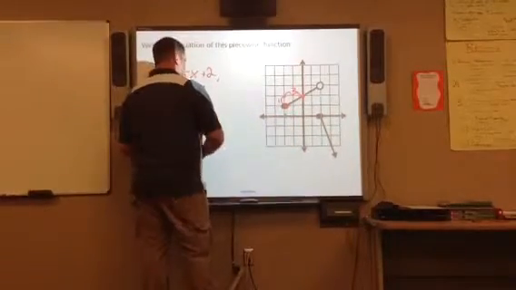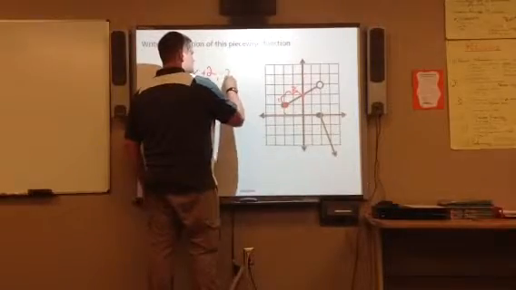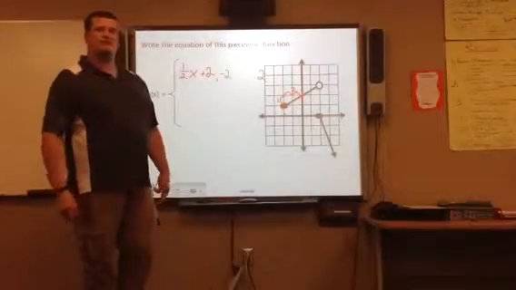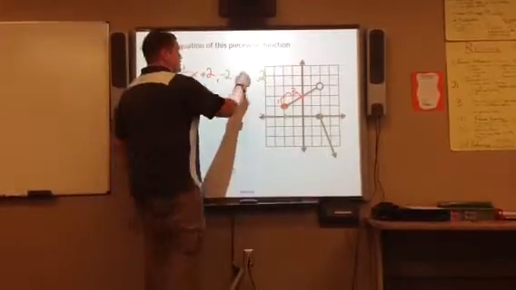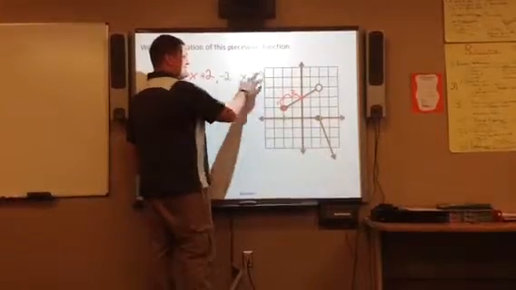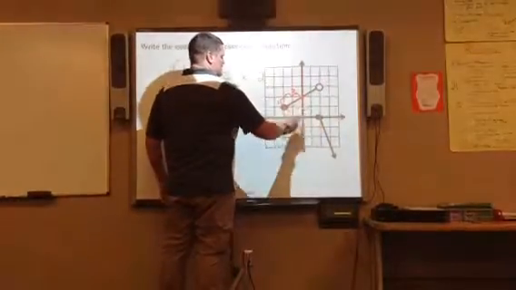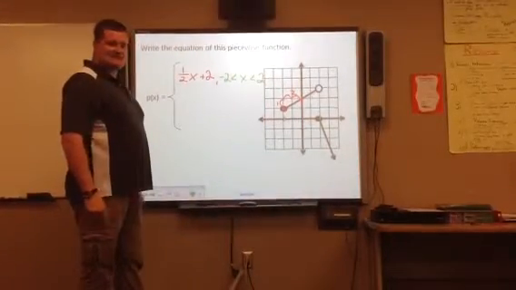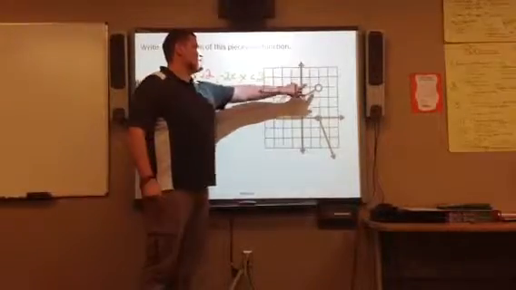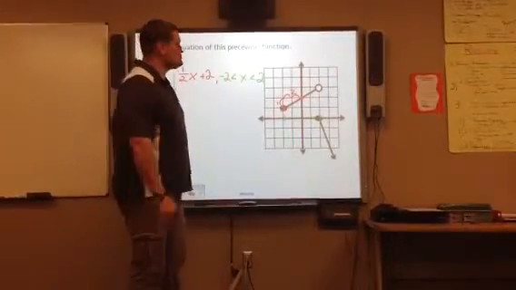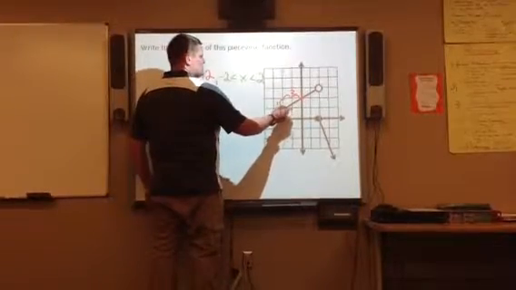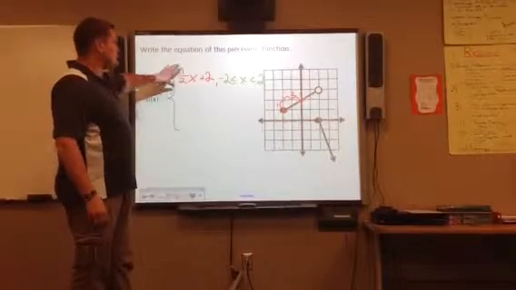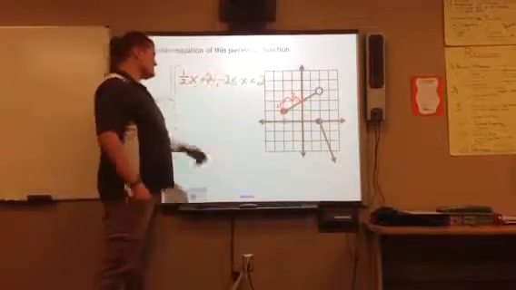We need to start at -2, and we know it needs to go until +2. So the question becomes, what goes in the middle there? Well, we know x has to fall somewhere in there, and anytime you're writing it with a start point and an end point, we're going to use a less than sign. The last thing we need to decide is, because we have one closed and one open, where is it that we put the equal to sign? And if you remember, anytime it's closed, it's also less than or equal to. So that one was a little tricky. Hopefully we were at least able to get the function name. Now this second one,